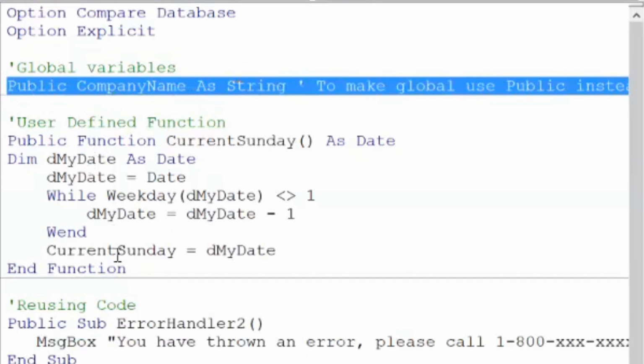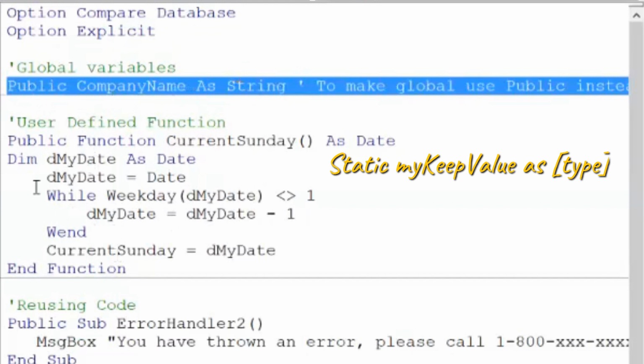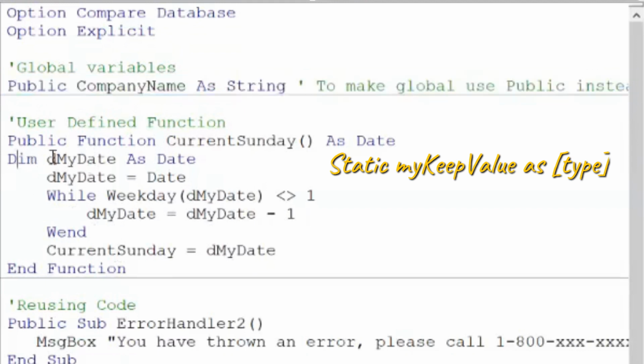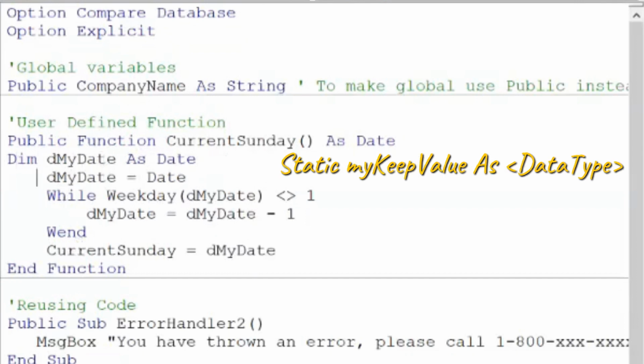And then one more type of variable is called Static. What a static variable does is it retains its value, but it still has the same scope as the other. So if we switch Dim here to Static, then the scope of that is still within this function. But if you had it set to Sunday and you didn't have this item here, or maybe you had